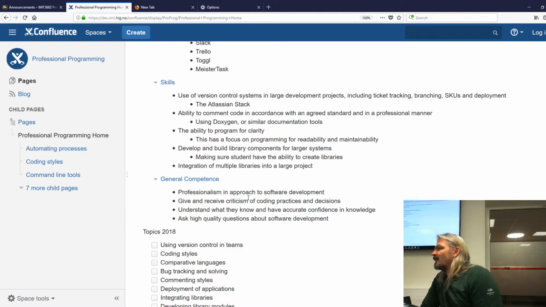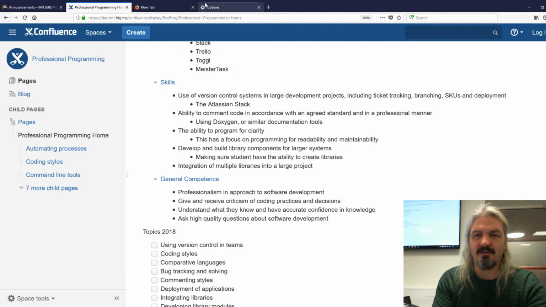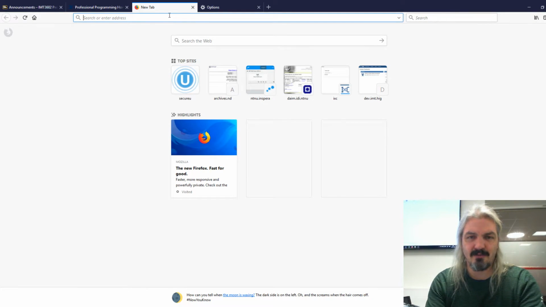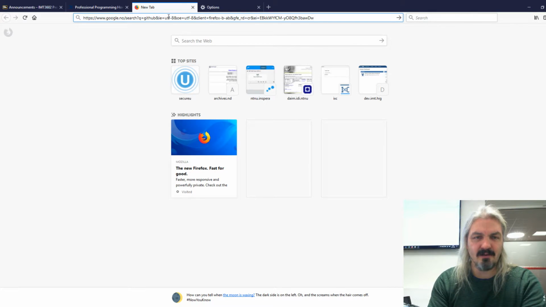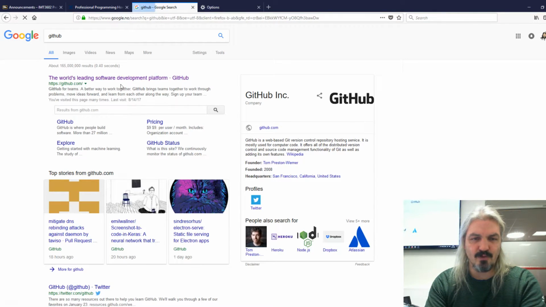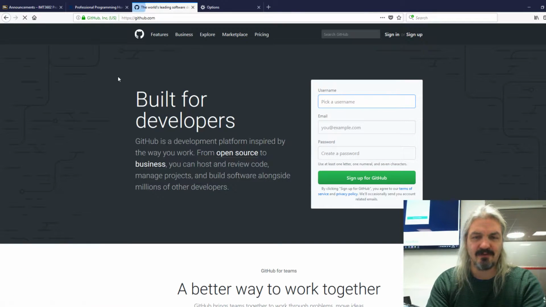We're also interested in better version control than you've probably been doing. Earlier today I was working on, if I hopefully get this right, GitHub, the Master's Thesis LaTeX template.